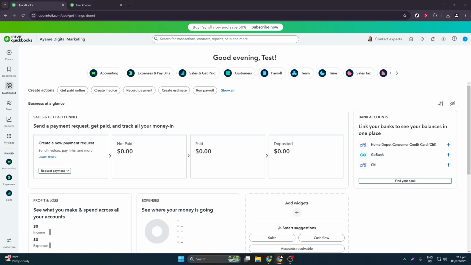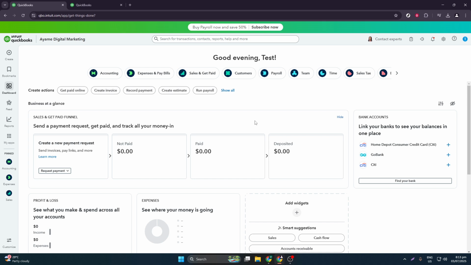In today's video, I'm going to teach you how to enter multi-currency transactions in QuickBooks Online. Managing transactions in multiple currencies can seem daunting, but with QuickBooks Online, it's a straightforward process as long as you know where to begin. So let's dive right in and explore this handy feature that will help you streamline your